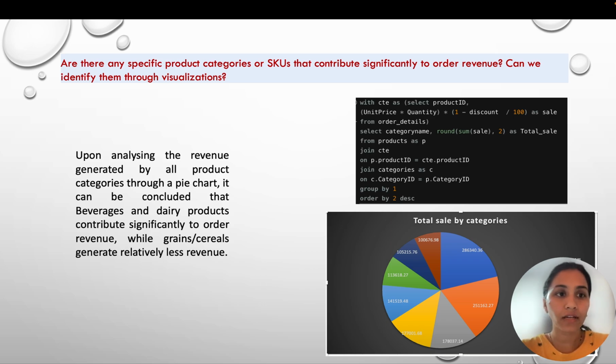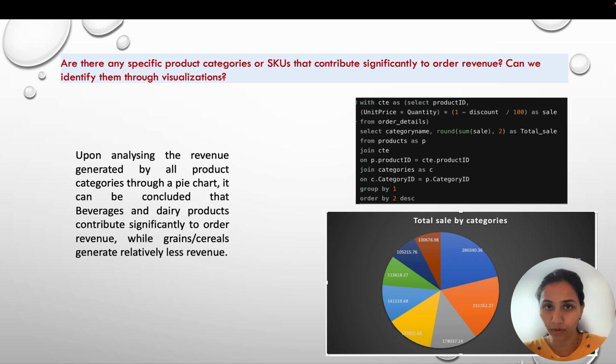Now the next question is, are there any specific product categories or SKUs that contribute significantly to order revenue? Can we identify them through visualization? For this one, again I have created a CTE to find the revenue, and then the data set contains the category name and the total revenue of the category from the products table, categories and the CTE. For this one I have created a pie chart, so that we get a better visualization. From this one we can see that the